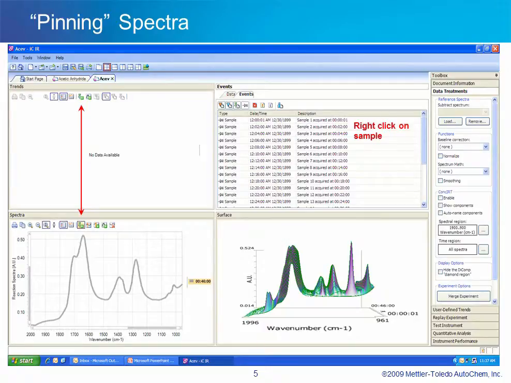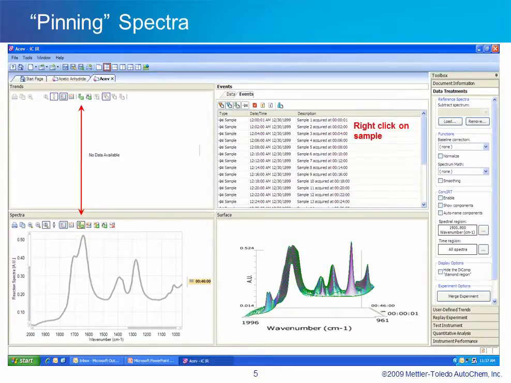You can also, as you are just clicking through different samples, click on the button in the spectral viewer that looks like a push pin. And if we did have a trend open in the trend viewer, you could simply click on the push pin button in that view as well to pin the spectrum into the spectral viewer. This will keep those spectra active and open in 2 dimensions in the spectral viewer as we're continuing on